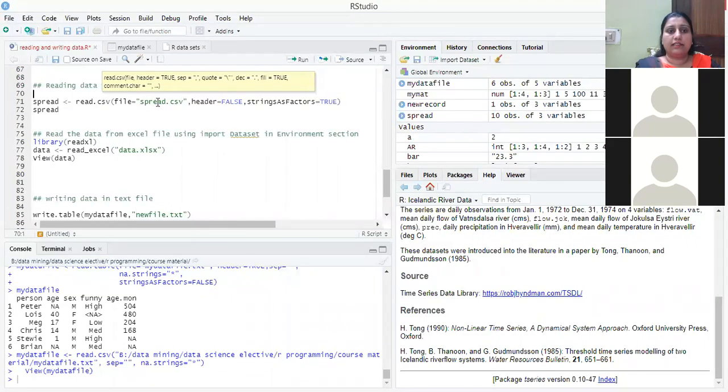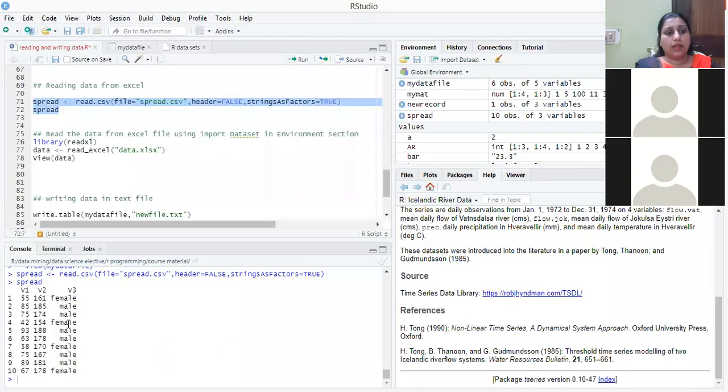The name of the file is spread.csv. The header is false, and stringsAsFactors is equal to true. With this, it will give me this file. As we don't have the headers, by default it created V1, V2 as headers, and these are my values which are present in the set.